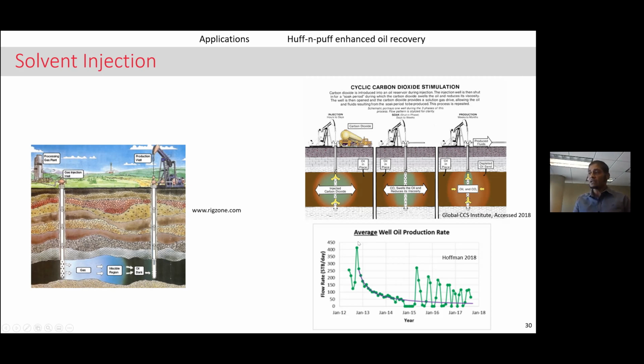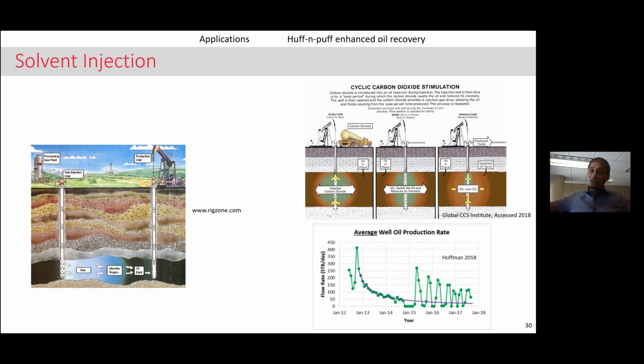What's the signature of that? It's going to look like this. Here we're looking at flow rate versus time on the x-axis. With primary production, you have continuous production, but then if you're injecting a solvent and then allowing things to soak, that's where you have a shut-in, no oil production. Then you bring the well back on, you have this production, then a very, very rapid decline, because keep in mind, we're not going very far into the formation.